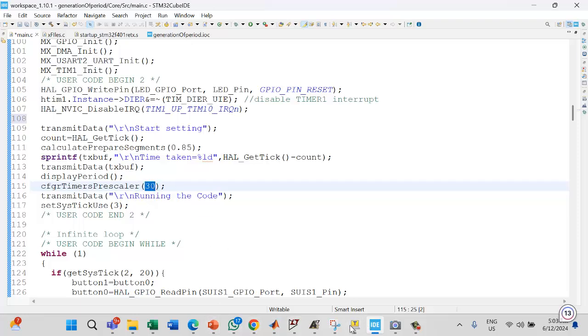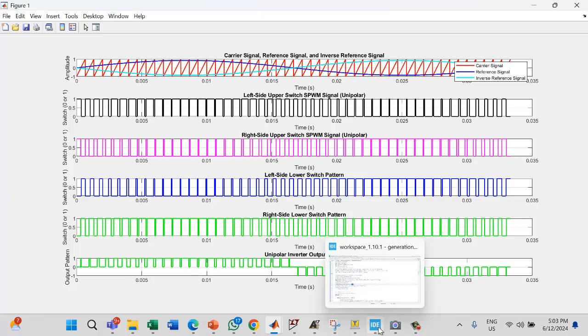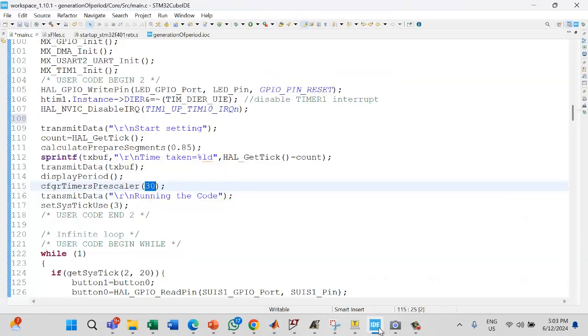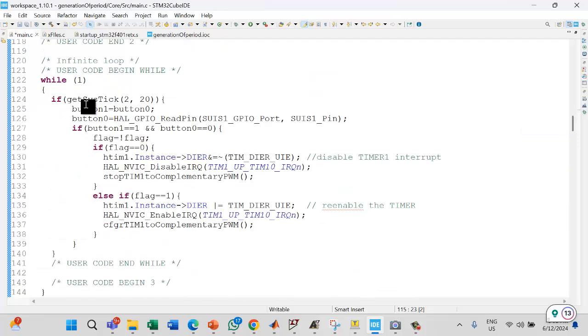The frequency of the reference. The outputs follow the frequency of the reference, right? So we want the output to be 50 hertz, so it must be 50 here. Then wait there in the loop